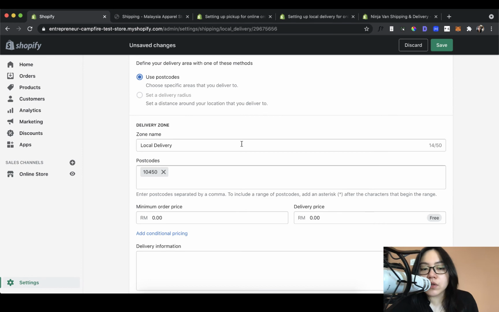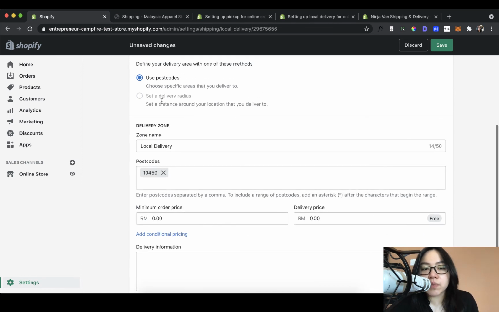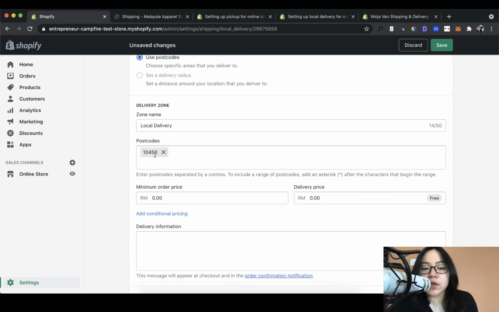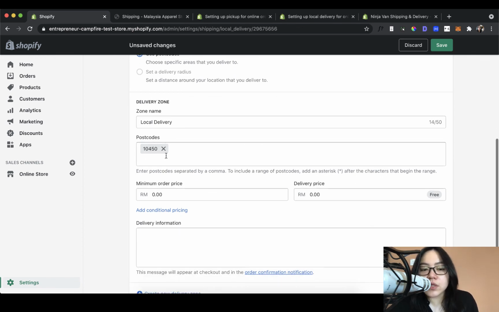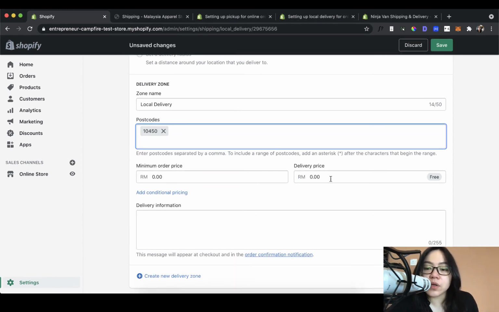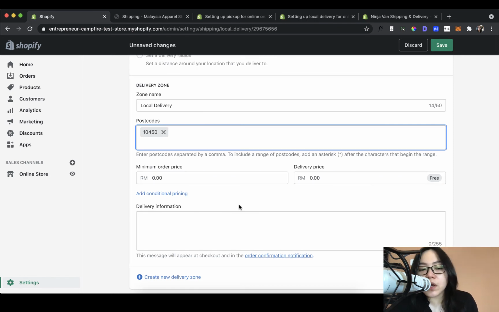The main thing you want to look at under local delivery is to set a postcode. We don't have the option of delivery radius, but we do have the option of setting up postcodes here. So just key in all the postcodes that you want to offer local delivery to and at what price. Here I've put 0, and that means free. So you can save that,